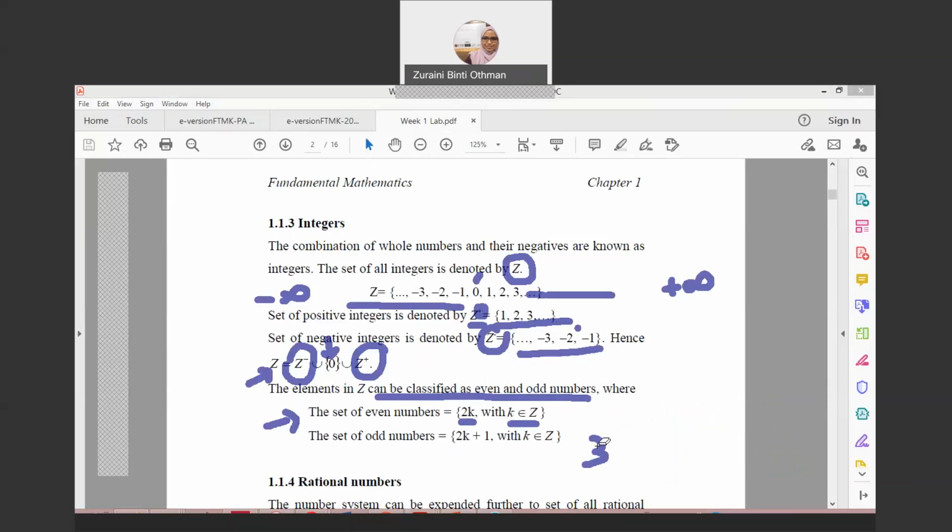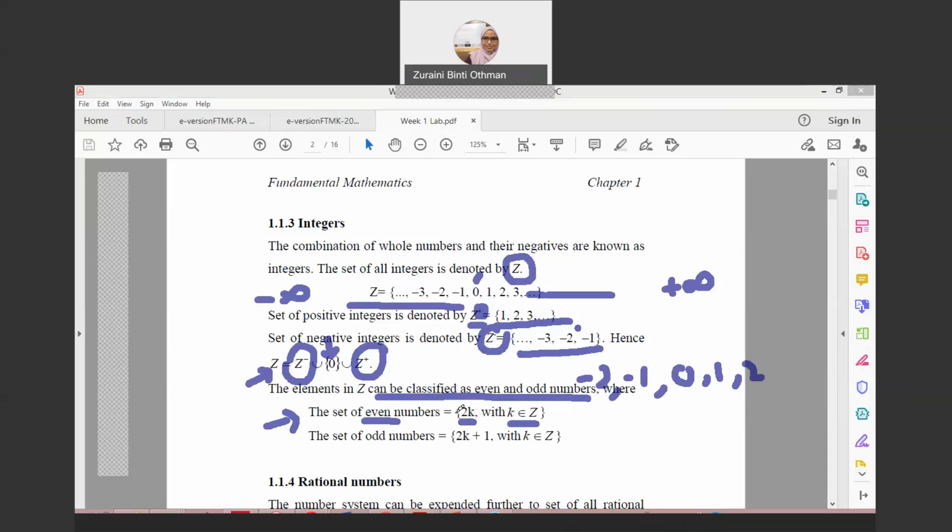Okay, 2k with k is an element of Z. Meaning that if we have our integer Z just now, Z is 0, 1, 2 and so on. Or if we want to include negative numbers, negative 1, negative 2. Okay, so now we call it an even number if we have 2k with k is an element of